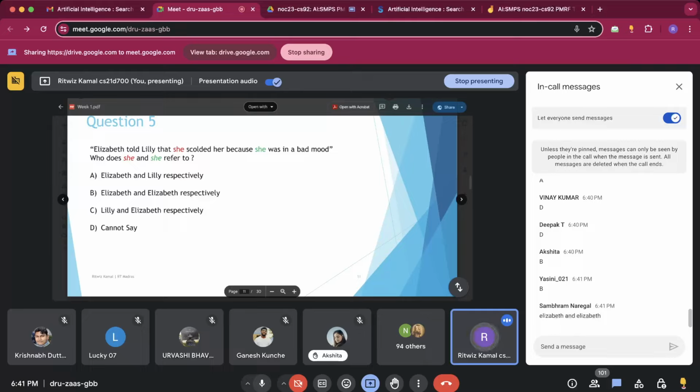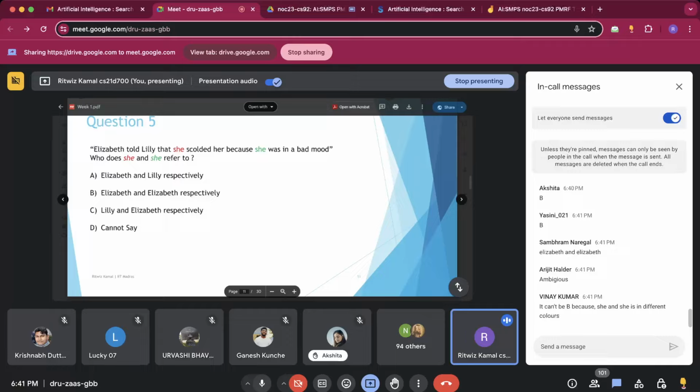This might also be one explanation. Another explanation could be that Elizabeth told Lily that Elizabeth scolded Lily because Elizabeth herself was in a bad mood. So you see, all the three options A, B, and C could be possible explanations. And this is what I was trying to say